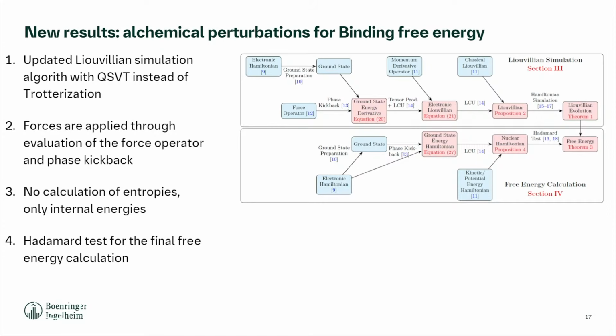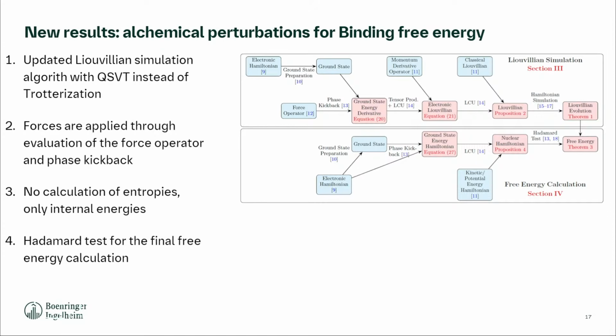why it's better. So we did actually use QSVT, but we took the other way to calculate forces, and that's with the force operator. So instead of doing finite differences, we now use block encodings, and by measuring our qubits and undoing the ground state calculation, we actually get the energy derivative through the force operator. And the rest of this circuit is the same, except that since this is a block encoding, we can now just use linear combinations of block encodings all the way through, so no trotterization needed,